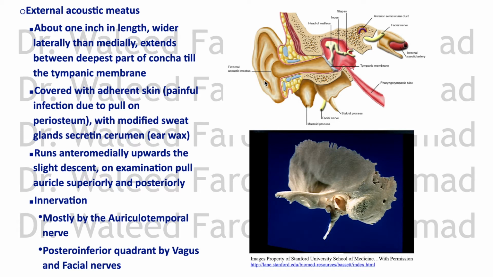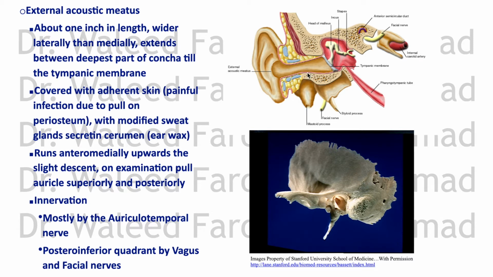The external acoustic meatus is the canal that starts from the floor of the concha till you hit the tympanic membrane. It's about 1 inch in length, wider laterally than medially, and it's lined by skin which is actually adherent to the periosteum of the bone, especially the bony part. Of course, it's adherent to the cartilaginous part as well. And this